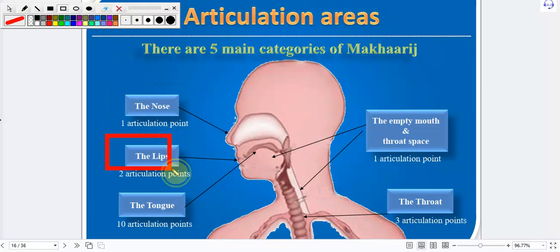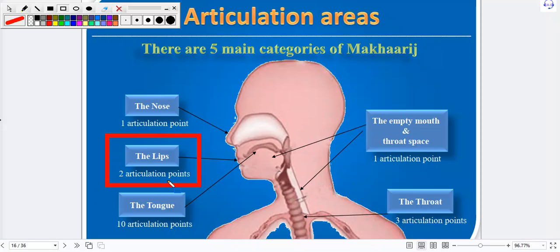Another, second point is the lips. As you can read, the lips have two articulation points. How? For other languages, we don't really care about what part of the lips is important and what part of the lips is not important. Simply, you just pronounce the word and throw it out. Simple. But for the Arabic alphabets, especially the Quranic alphabet,